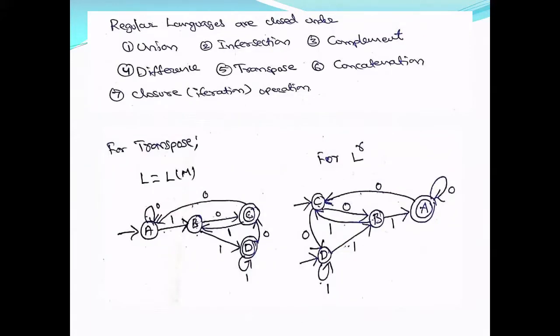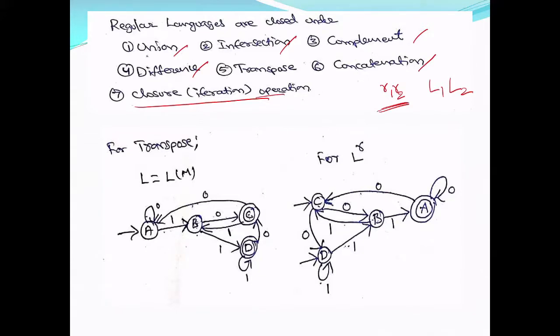So with this, what we can conclude is the regular languages are closed under union, intersection, complement, difference. For transpose, I'll illustrate later. Then concatenation, by the definition of regular expressions, if R1 and R2 are regular expressions, then R1 R2 is a regular expression which will give you L1 L2. So by the definition itself, they are regular and closed also. You know how to design an NFA epsilon for the given concatenation, right? So they are closed under this. What does it mean?